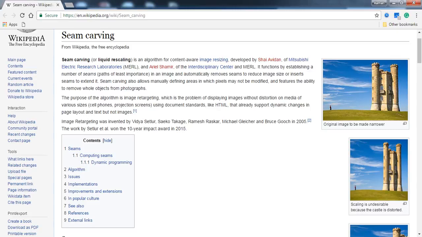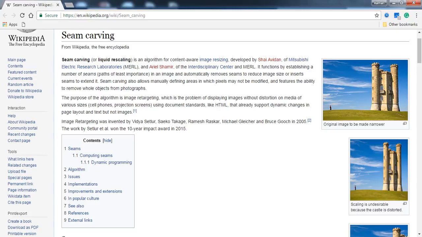Seam carving also allows manually defining areas in which pixels may not be modified and features the ability to remove whole objects from photographs. So, the purpose of the algorithm is image retargeting, which is the problem of displaying images without distortion on media of various sizes, using document standards like HTML that already support dynamic changes in page layout and text but not in images.